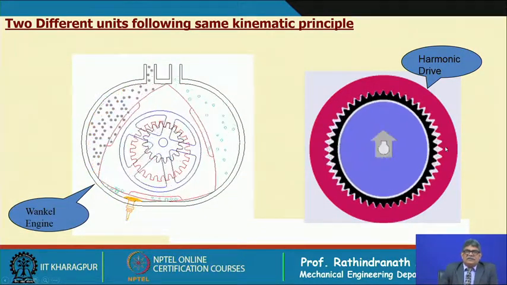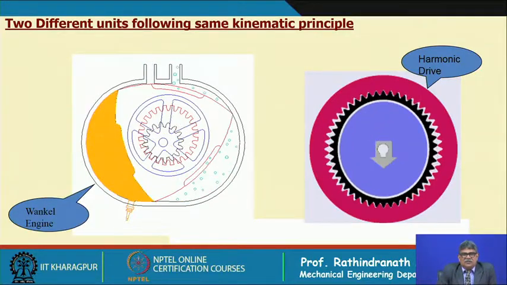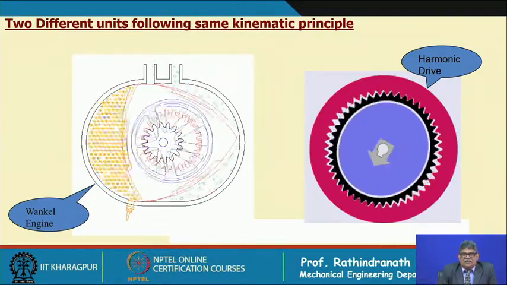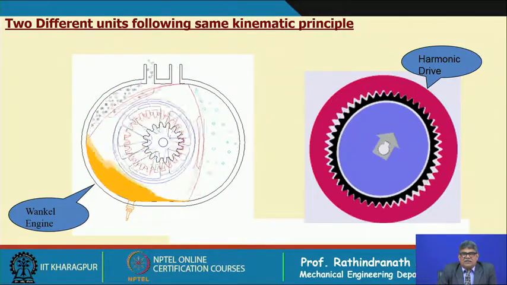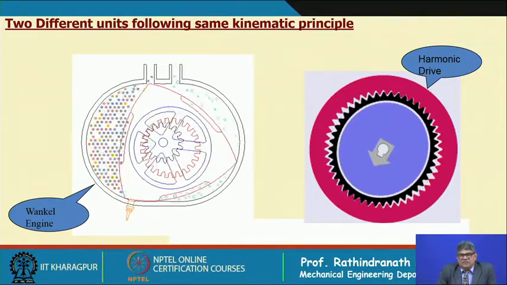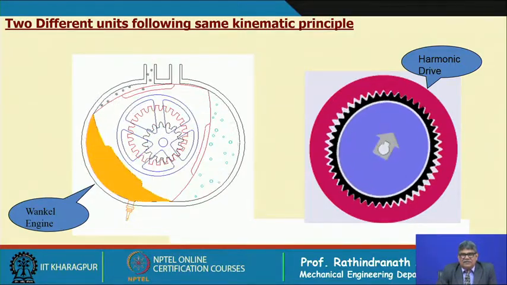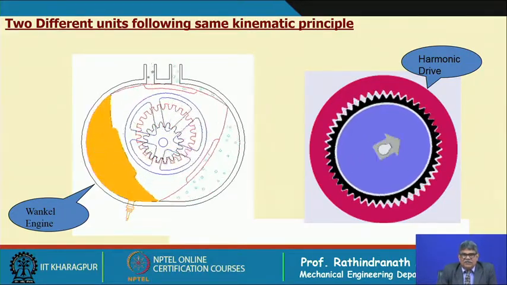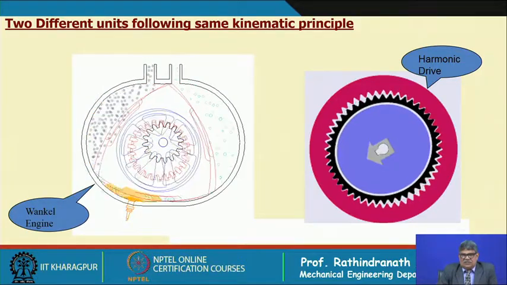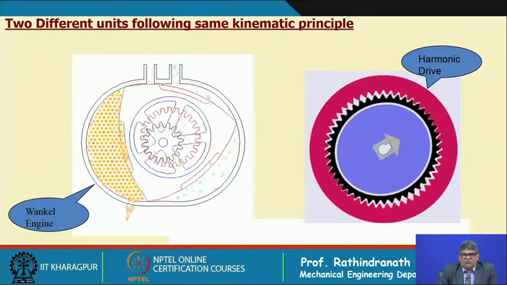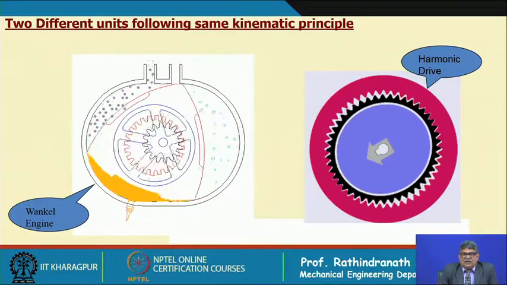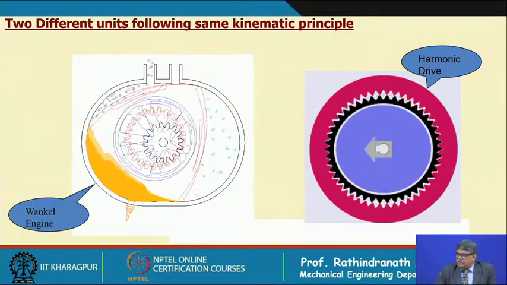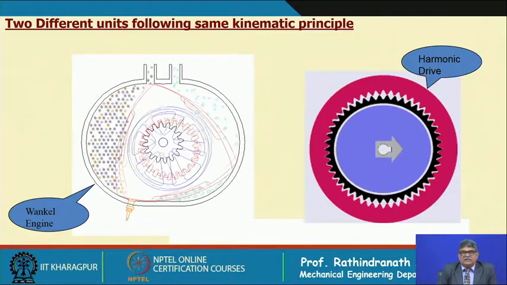Now, this is also almost the same motion which I have shown, that is the Wankel engine. If we compare with the harmonic drives, the harmonic drive has teeth, but in the case of Wankel engine, do you find teeth except the inner one? The inner one is for transmitting the motion of the triangular lobed component, but the actual gearing there is the outer casing